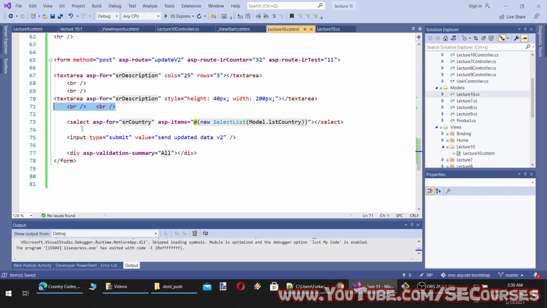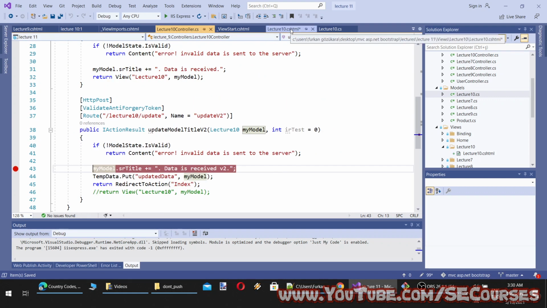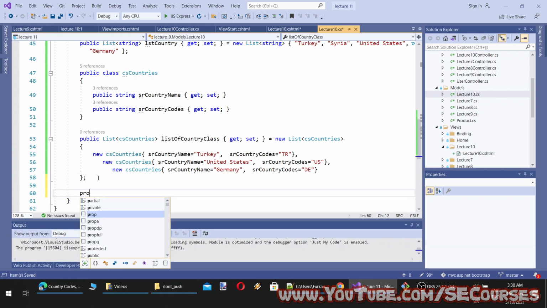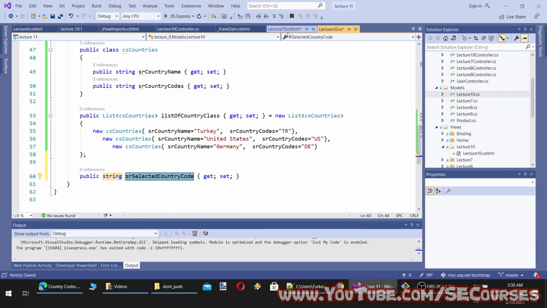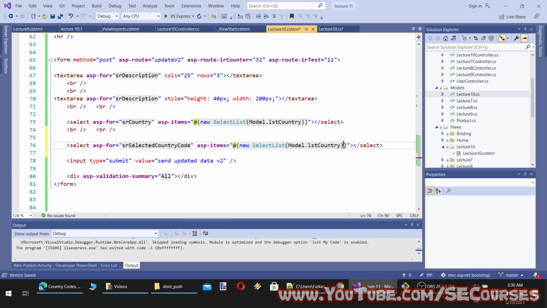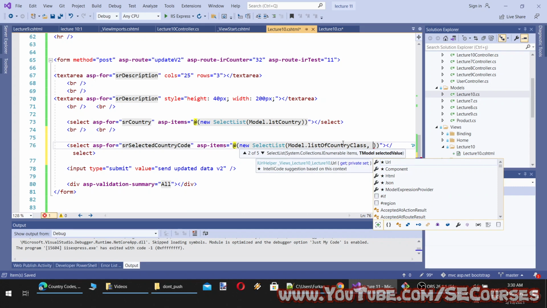And now I am going to have another select, but this time we will also bind it to its selected country code. So this time let's also have another parameter as prop string SR selected country code. Okay, and asp-for, list of country, no, this time we will use the list of country class. Selected value will be, okay, model dot